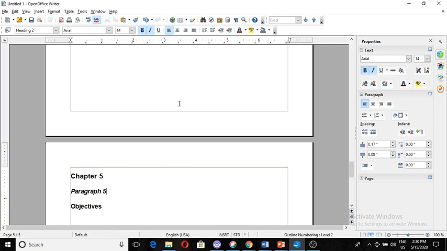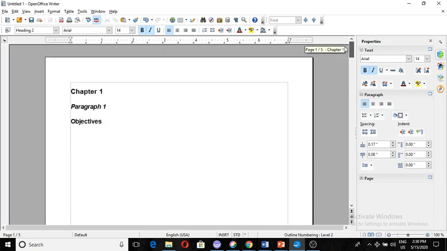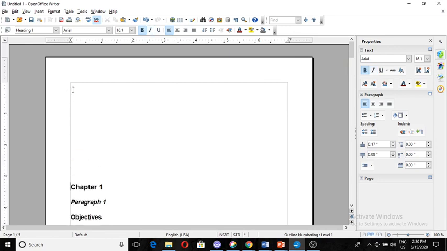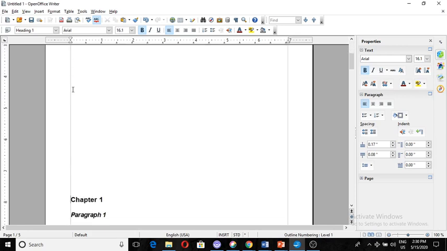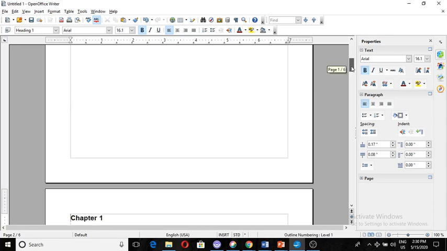I have just created a sample document in which I am assuming that 5 chapters are there, and in those chapters there are some paragraphs, and the paragraphs again have some headings. This is just a sample. Now I want to insert my table of contents. The table of contents is always at the first page of the document. So I shift my Chapter 1, which is at page number 1, to page number 2, so that I create the space for my table of contents.